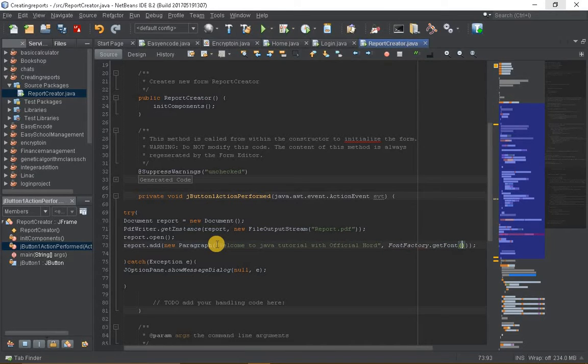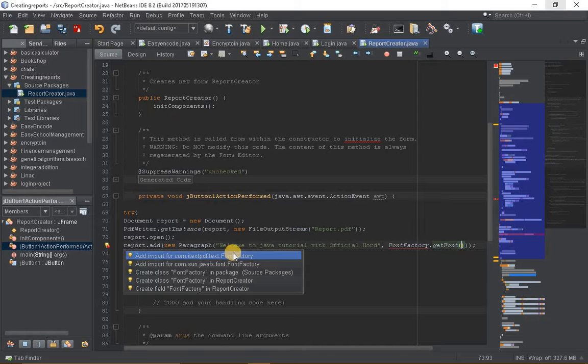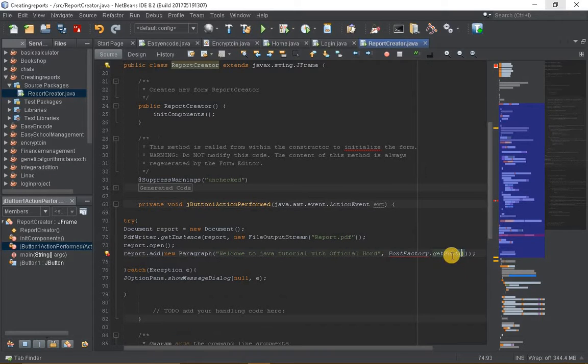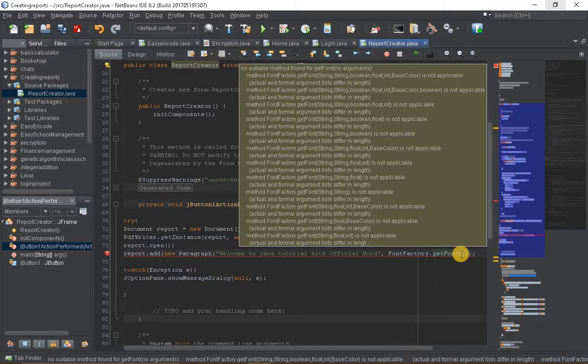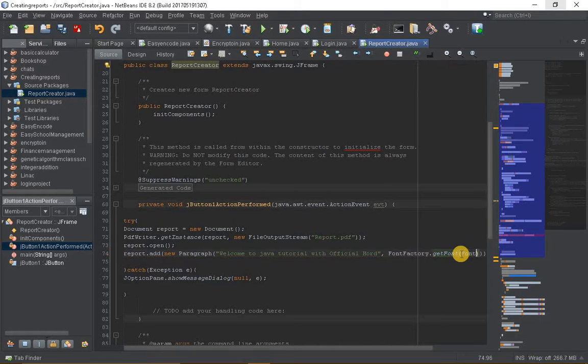Alright, so now in this we have to import something first, itext.com Font Factory. Yep, click on it and that's all. So now we're going to say the type of font we want. I hope you understand. First of all, we are going to mention the type of font. So FontFactory